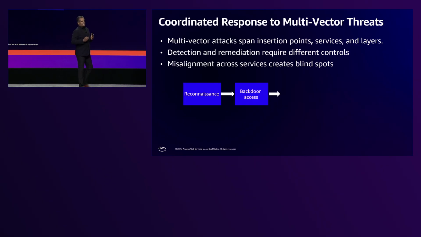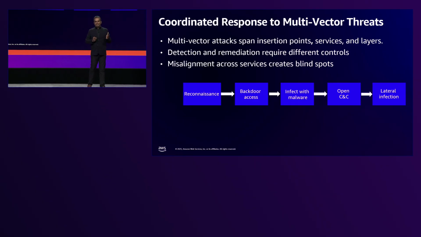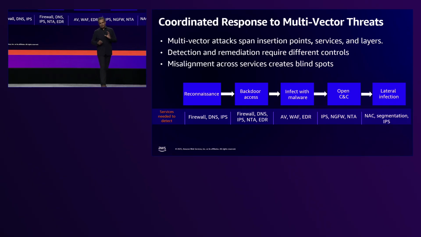Because when I look at the multi-vector threat environment, typically they have very similar behaviors, starting with rattling the doorknob, with reconnaissance activity, establishing backdoor access. Then the attacker will infiltrate the malware, create a command and control channel for communicating with the malware, and then replicating it laterally for that propagation. So one thing's for sure, in terms of the types of devices and services that are actually detecting it, they're very diverse. The entry points are very diverse.